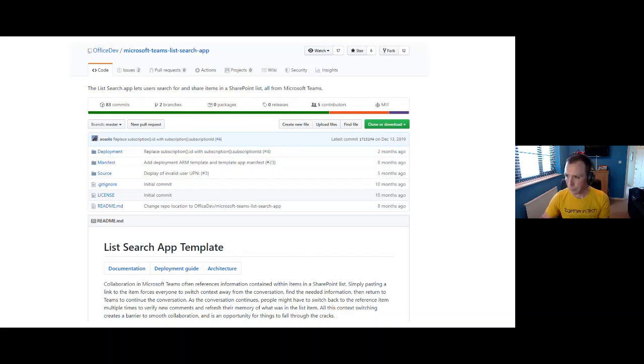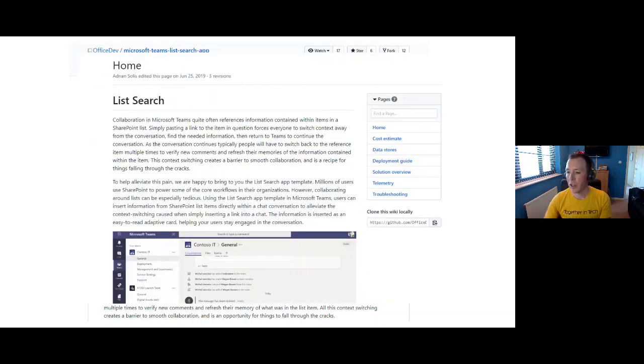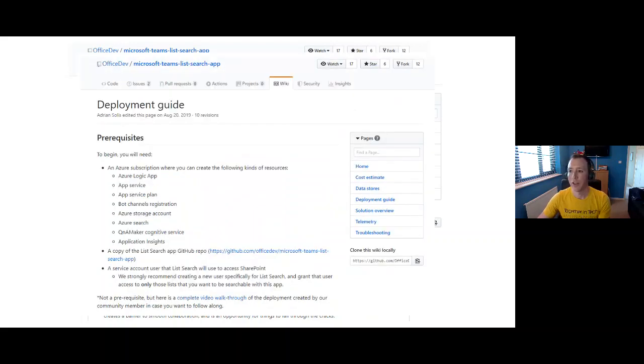So the documentation takes you through in a really nice way how everything works, like how it's supposed to work, how you set it up, you know, all the steps. The deployment guide is step by step, doesn't assume anything. If you can follow instructions, you can deploy it as well. So again, really nice if you're coming into this for the first time.